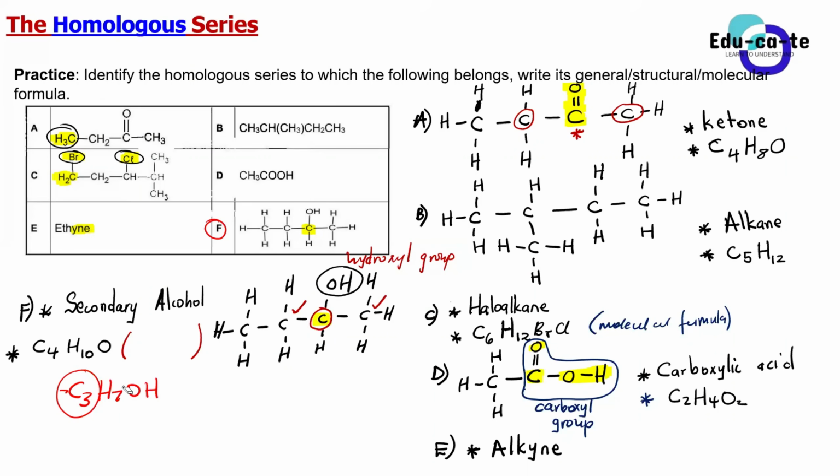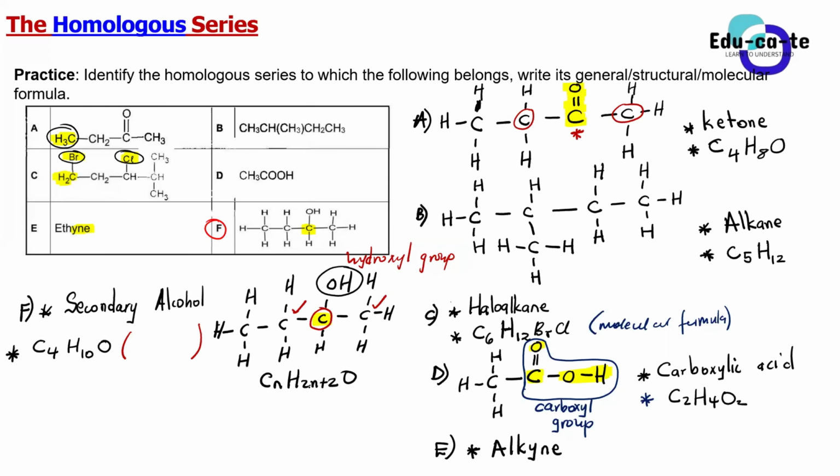Guys, you don't guess the molecular formula. There are 2 ways of finding the molecular formula. It's either you count the number of carbon atoms, the number of hydrogen atoms, and the number of oxygen atoms, or you can use the general formula, guys. That's why the general formula is invented, for that purpose, because for each and every alcohol, we know that the general formula has got 2 types. It can be CnH2n+2O.